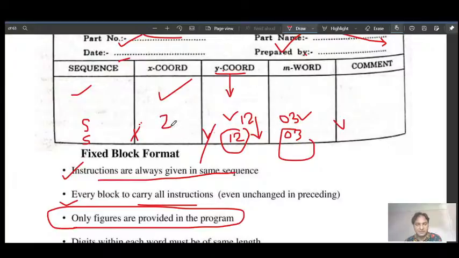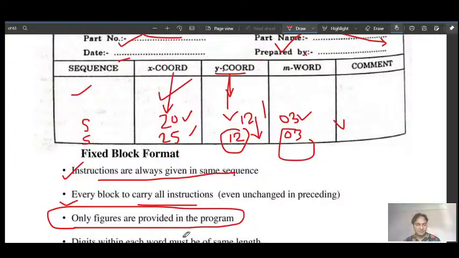Say you can write 20, and then next you write say 25. So you will write only 20 and 25. You will not write x or y because you are already writing in front of x and in front of y. Same for Z: if Z is not given, you can enter some other value.